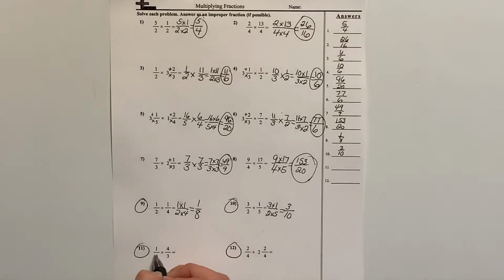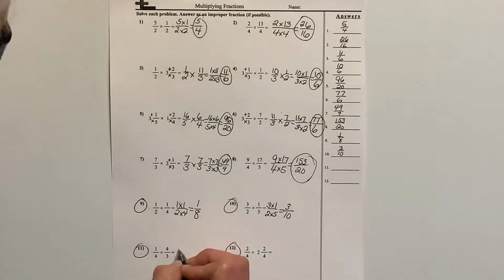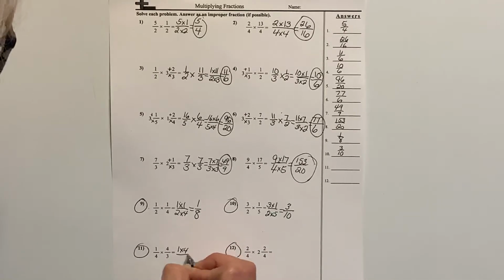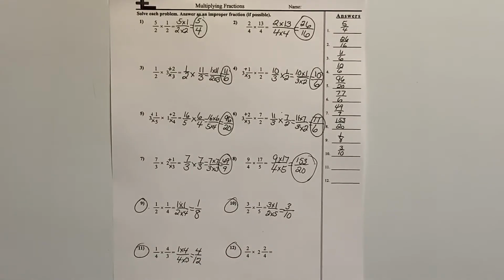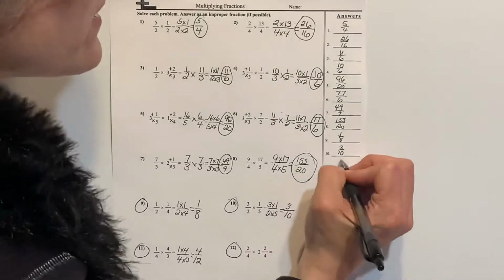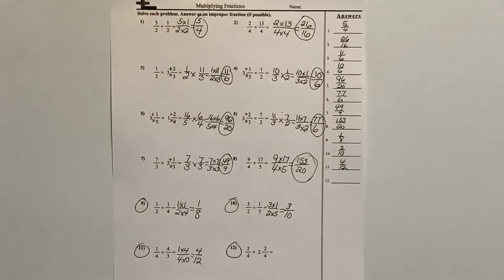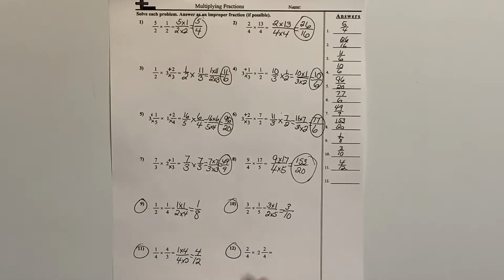All right, so we've got 1/4 times 4/3. 1 times 4, 4 times 3. 1 times 4 is 4, 4 times 3 is 12. All right, again, not a mixed number, or not an improper fraction, so we don't have to change it to a mixed number. Here we've got 2/4